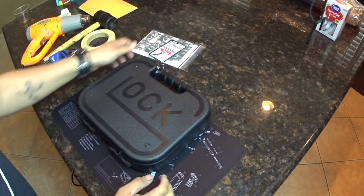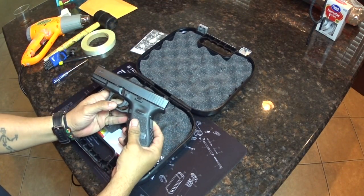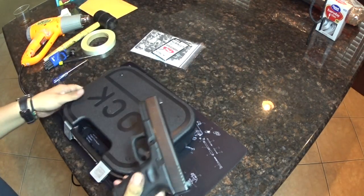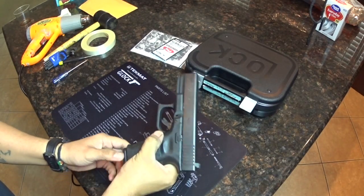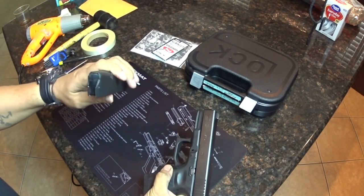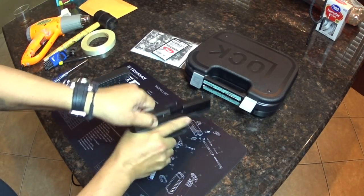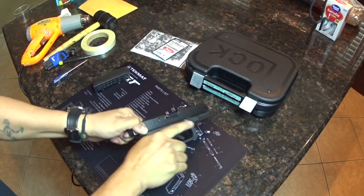So let's take a look at my Glock. This is the Glock 23. It's chambered for .40 caliber. Let's put this away and do a quick safety check to make sure that the gun is empty. No ammo in the magazine and nothing in the chamber. Alright, so the first thing we're going to do is